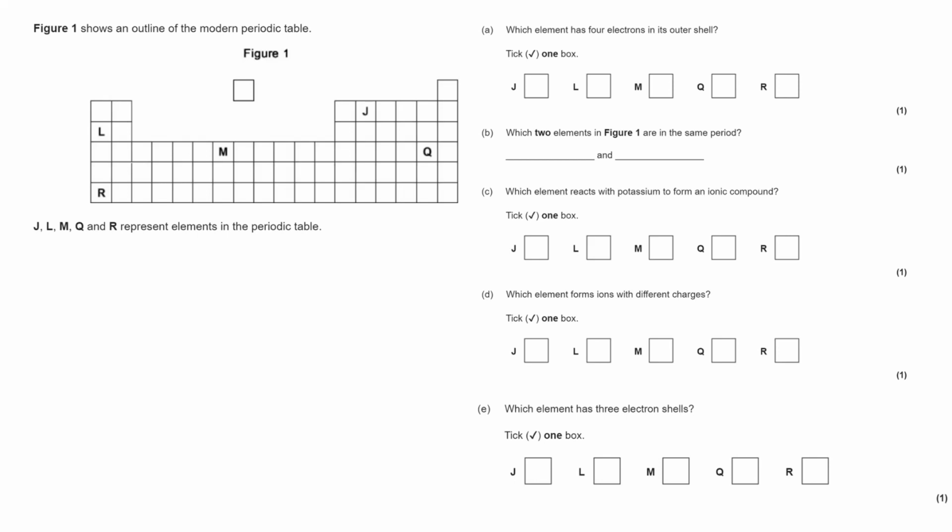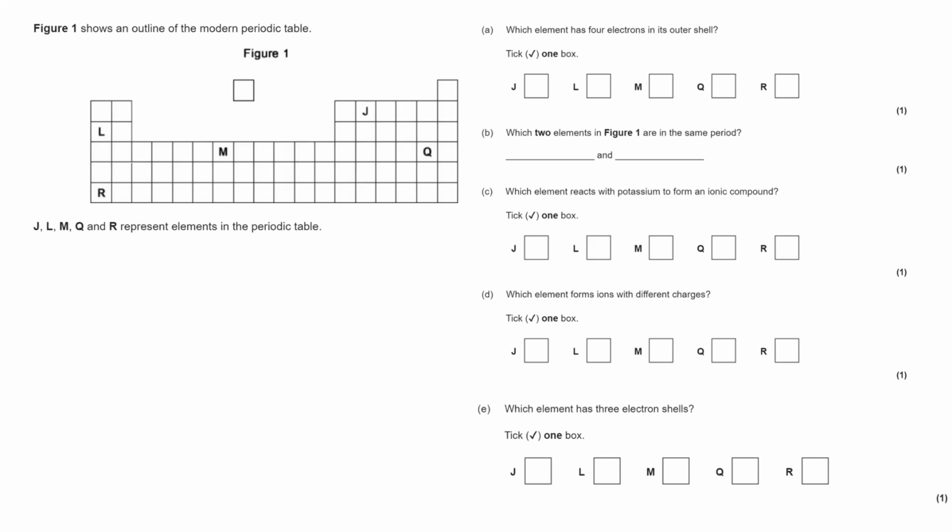Okay, so a lot of multi-choice here. You can see that we've got a periodic table. All of our answers are going to come from J, L, M, Q, and R. And you need to read very carefully. You need to tick one box in each case here. B has got 2 answers, but in all of the others, if you tick more than one box, you then forfeit that mark. So we're taking a look first of all at which element has 4 electrons in its outer